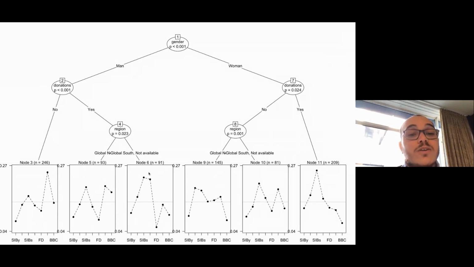If you are from the south, you also have more likelihood to invest in social impact investment for schools. Women who made donations also prefer to invest in social impact investments for schools. But women who never made donations and live in the north prefer school, health and